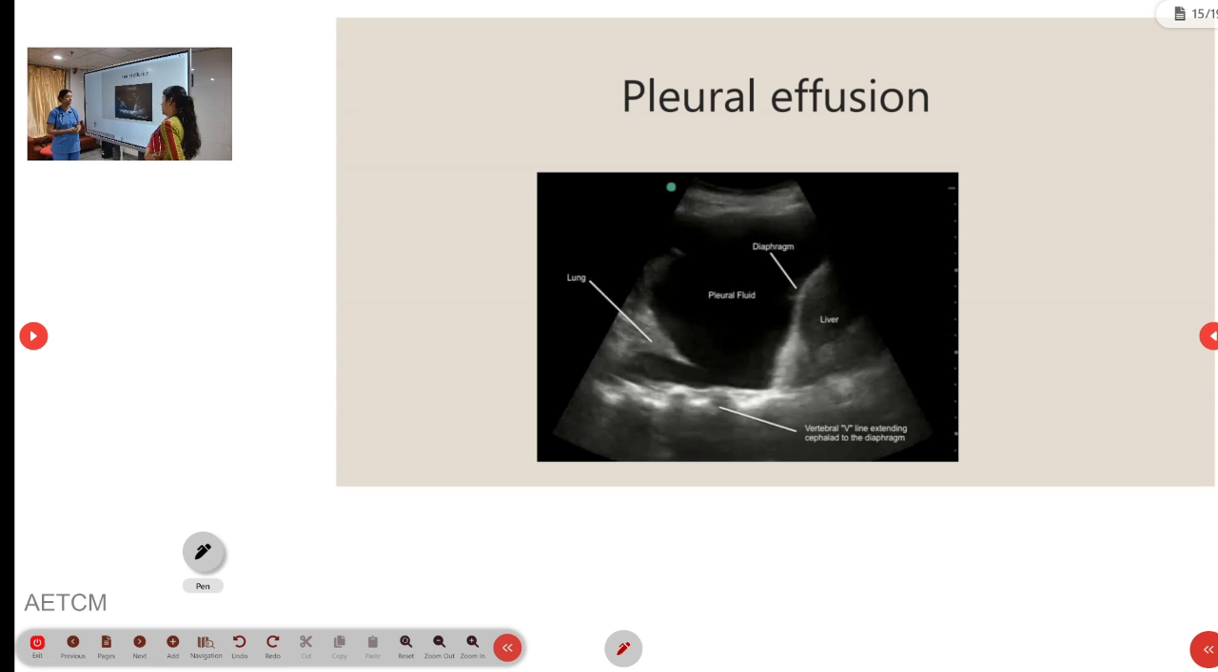High and posterior. Here we said mid axillary line, but here we will have to check in the posterior axillary line, because it will be a little bit posterior. So this is only with the curvilinear probe, how to see pleural effusion. For the rest of the things, the pneumothorax will be seen with